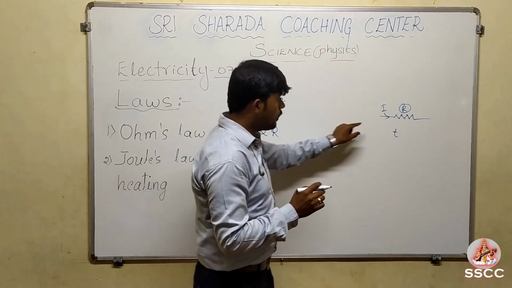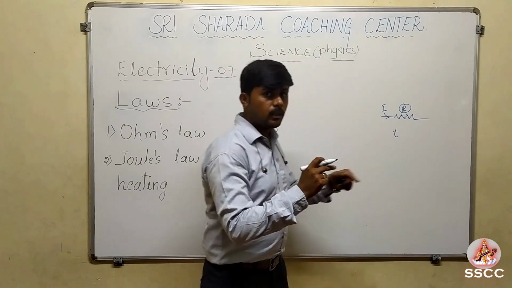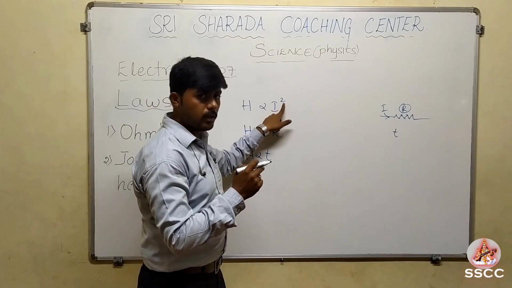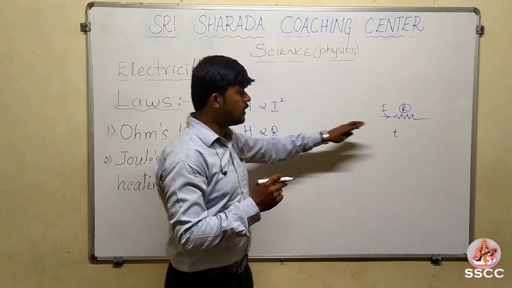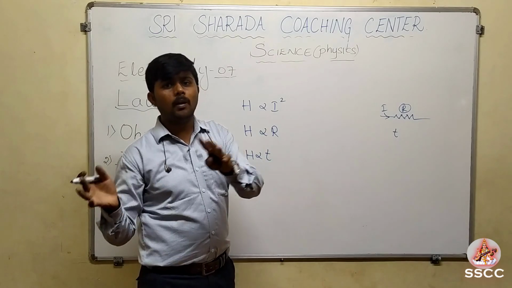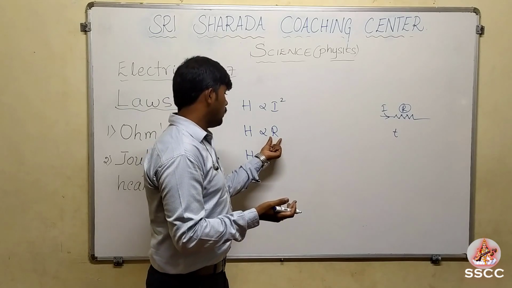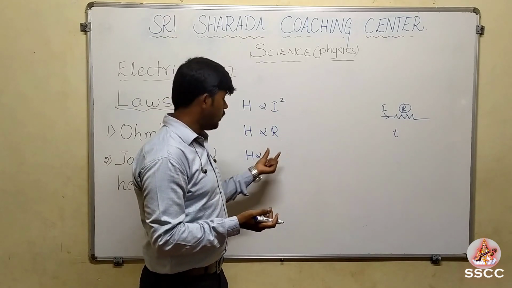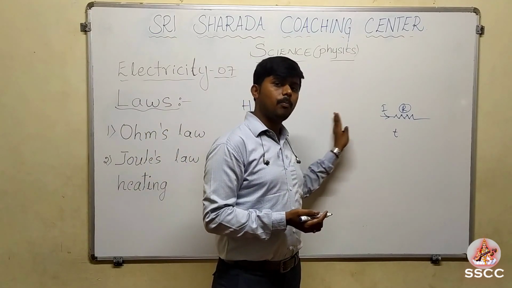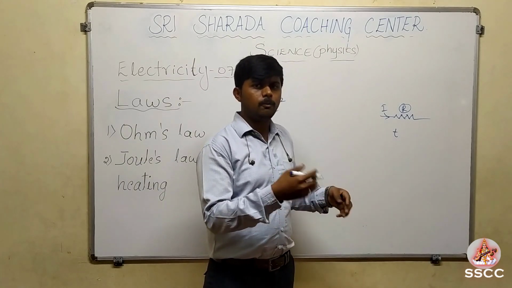You can observe here, heat energy produced in an electric heater is directly proportional to the square of the electric current. Means what? If you increase the electric current by a small amount in the electric heater, there is a chance of increasing much heat in that electric heater. That's why we have the square here. And if you increase the resistance of that electric heater, we know that it will convert more electrical energy into heat energy. We know already H is directly proportional to R, and H is directly proportional to t. It means if we pass electric current over a long period of time through the electric heater, it will heat up. This one generally we can feel.